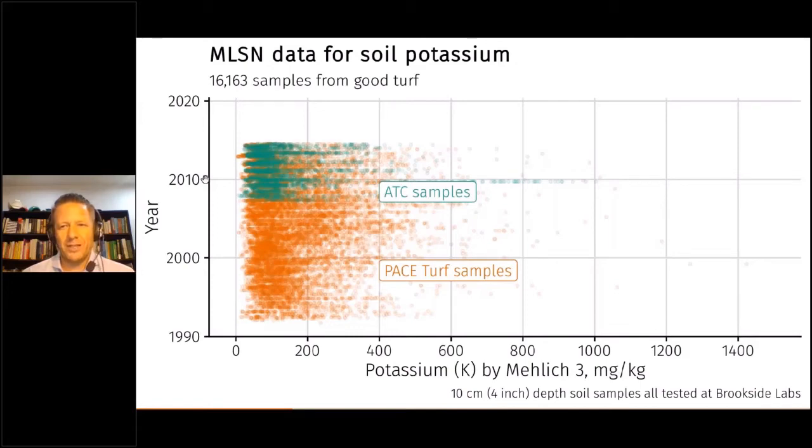And I fully intend by the end of 2020 to fill in more data. I'd like to drop out some of the older data, add in some newer data, and update the guidelines. I mentioned that I was going to update the MLSN guidelines last year. Well, I didn't finish that project, but one project that I did finish was the analysis and the report on